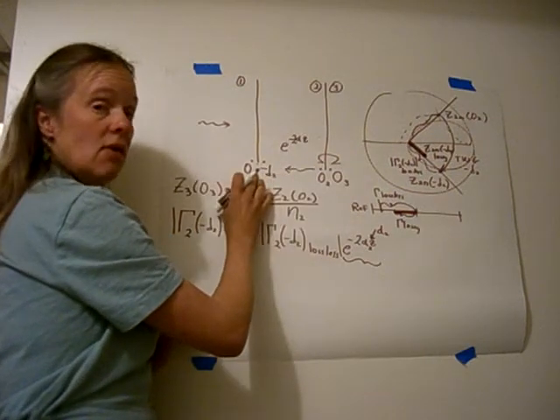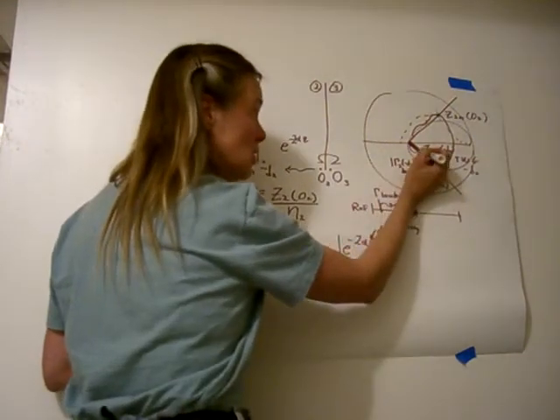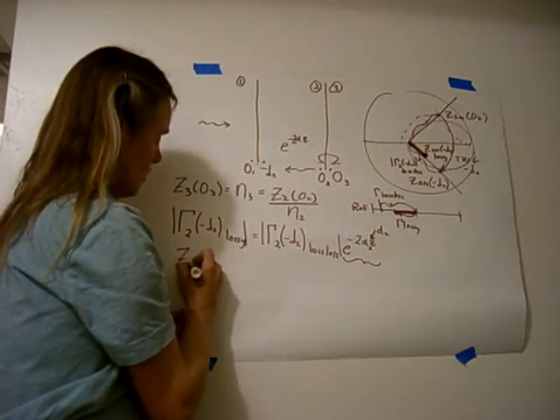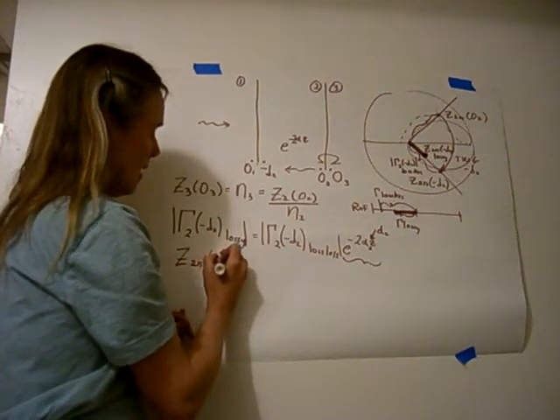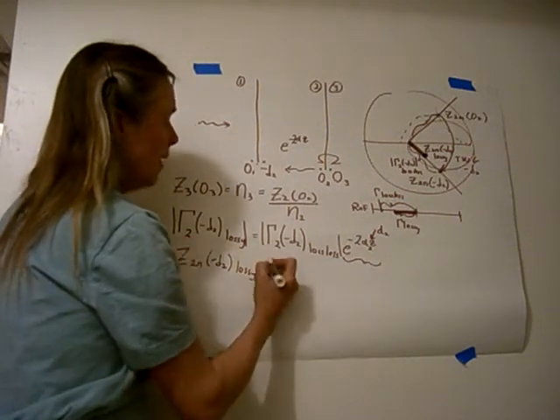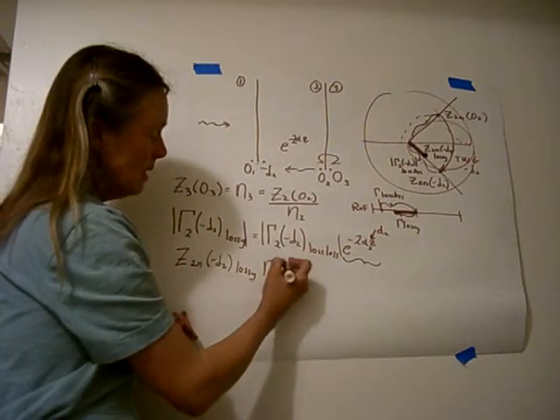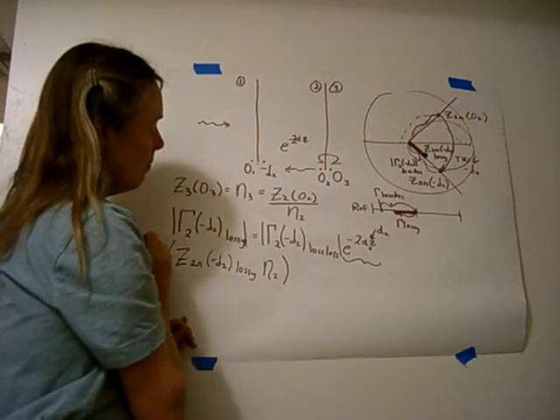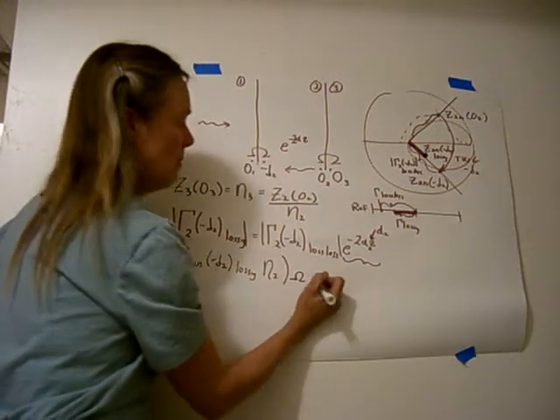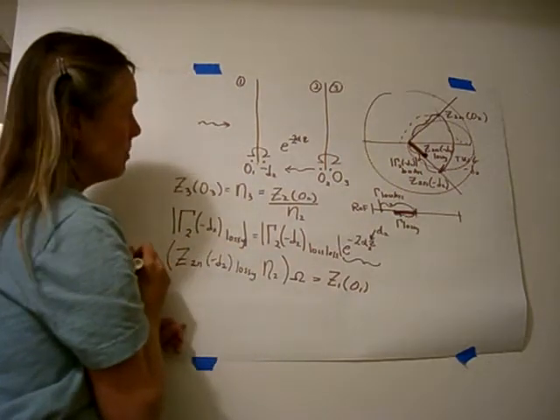If this material right here is lossy, you need to reduce the magnitude of the reflection coefficient, and that changes the Z2 at minus D2 that you read. So we next read Z2 normalized at minus D2. We read the lossy case because that's really lossy. Then we denormalize it by multiplying by eta 2, which happens to be complex. That doesn't change our calculation any. Multiply by eta 2. This is now in ohms, right here, and ohms jumps the boundary. So that is equal to Z1 at O1, also in ohms.